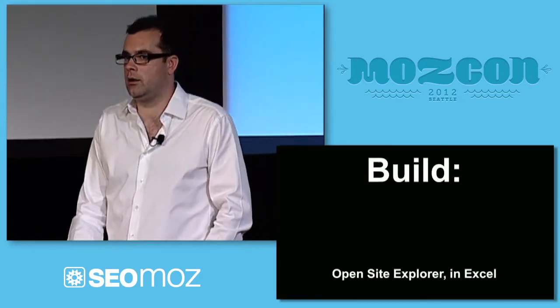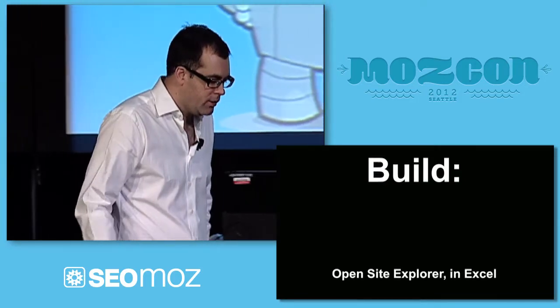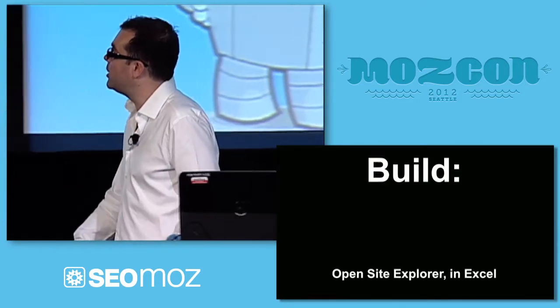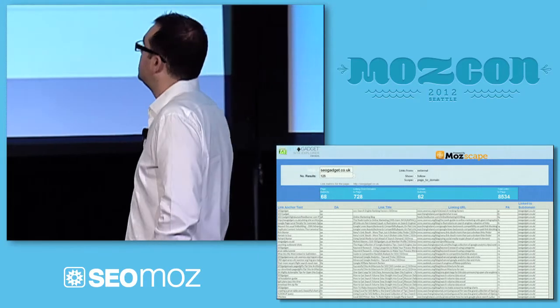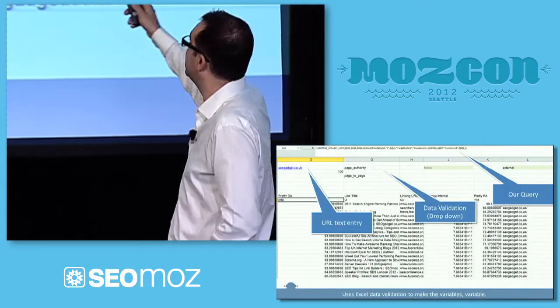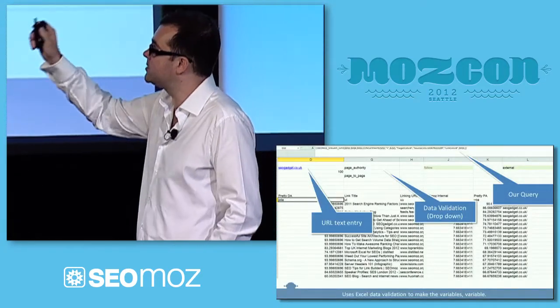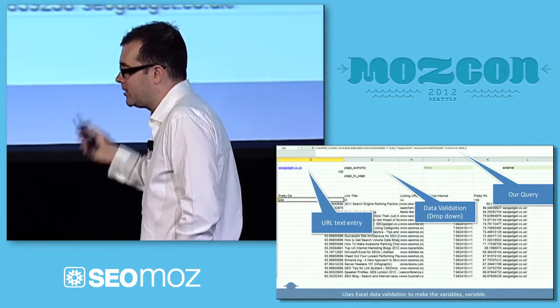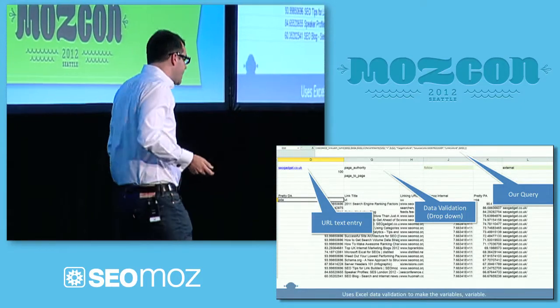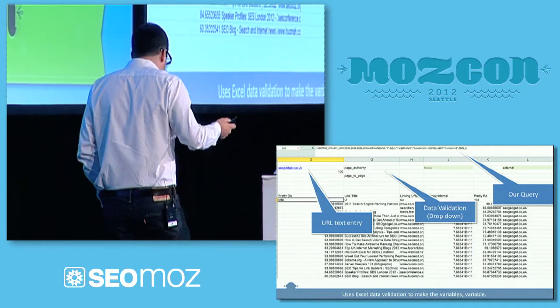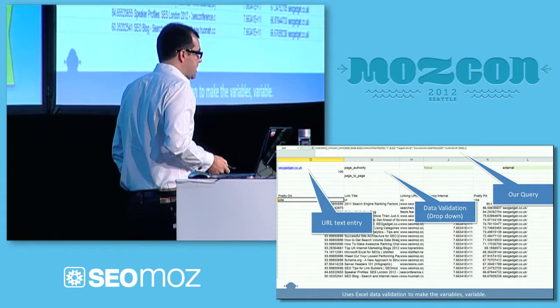So we looked at, very briefly, how we can build things like Open Site Explorer in Excel. We're just using basic data validation now, lumped queries, and some text entry, which I'm going to be hanging around at the conference for the next 2 days to show you. So just tap me up, and I'll probably just grab a table and show you guys some stuff if you want to see that.